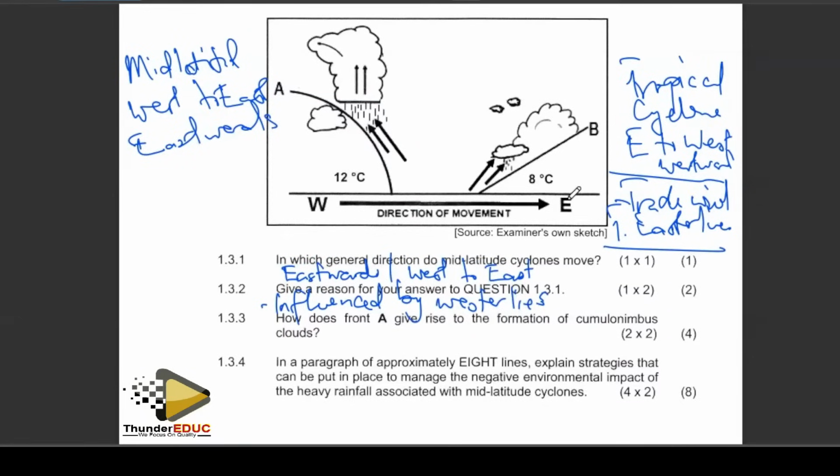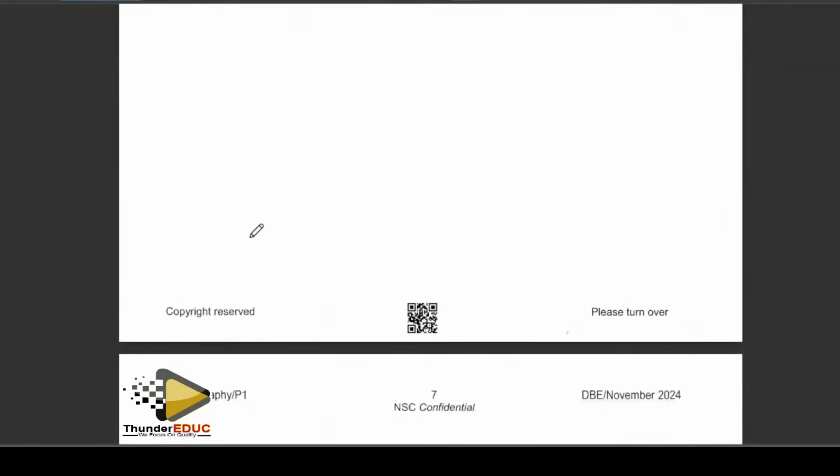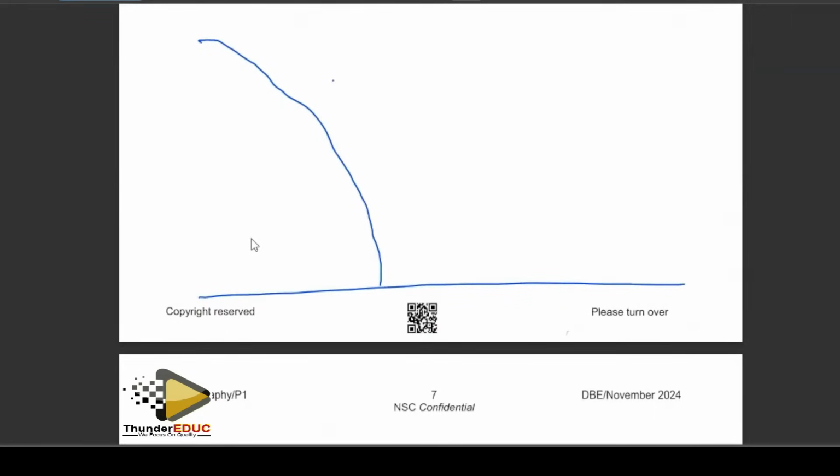Right. How does front A give rise to the formation of cumulonimbus clouds? This question requires you to know what cumulonimbus clouds look like, and to relate them to what the front also looks like. Let me make a clear illustration so that I can explain something tangible. The cold front is like this. This is our ground, and let's say a warm front is somewhere like this. So this is the warm sector of our weather system,